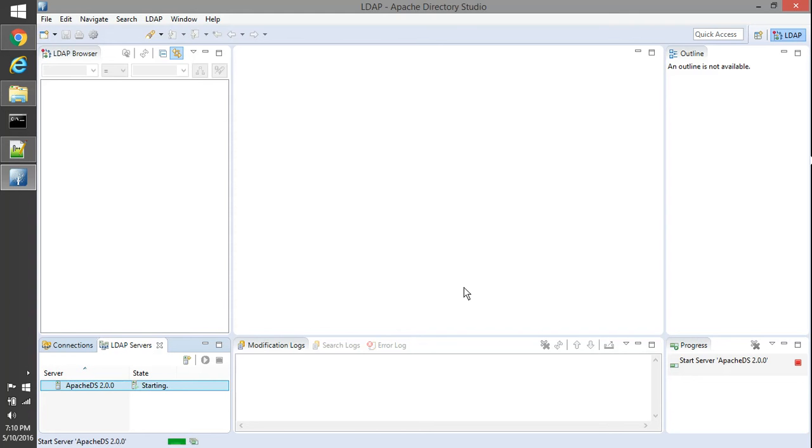First it will take some time, since this is the first startup of the application and server. Now it is in the started condition, so I'll double click on it.